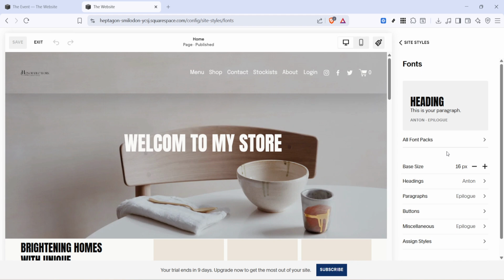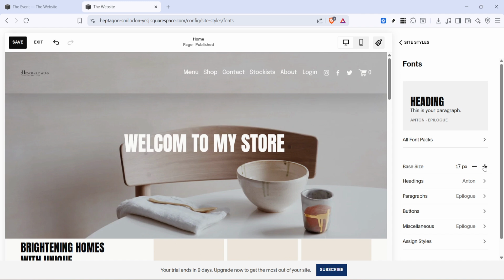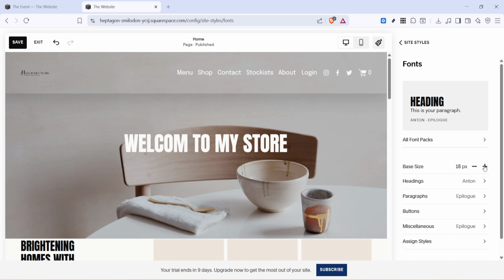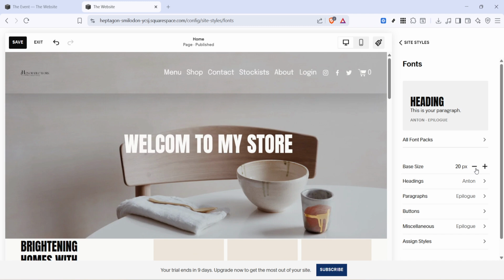Once you're inside the font settings, look for the option labeled base size. This setting controls the overall base text size used across your site, and changing it can affect how readable your content feels on different devices. To increase the font size, click the plus icon next to base size. Each click raises the size a little more, so you can adjust it gradually until it looks the way you